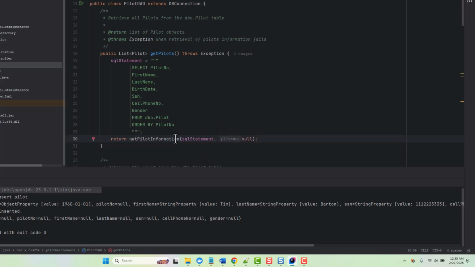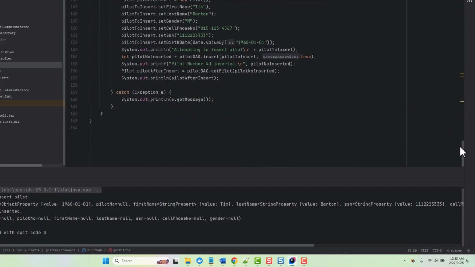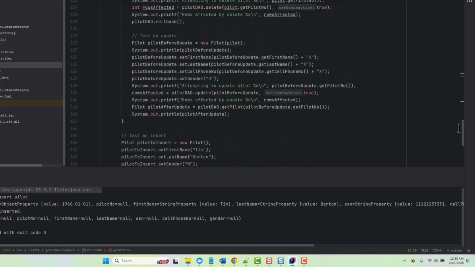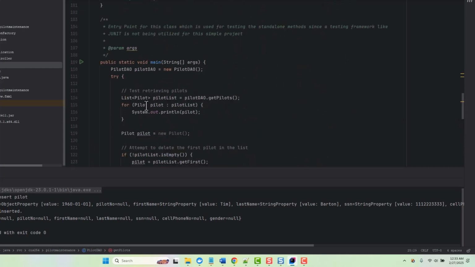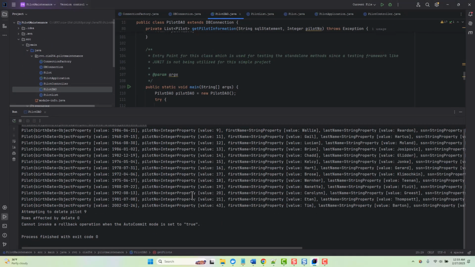It's going to see that, and it's going to then go ahead and execute everything there. Now, if I come down to the bottom, I can see that I can run my pilots, and it should iterate out and dump a list for me on the screen. So if I save everything and I run it, I should see that I have some of my pilots, and